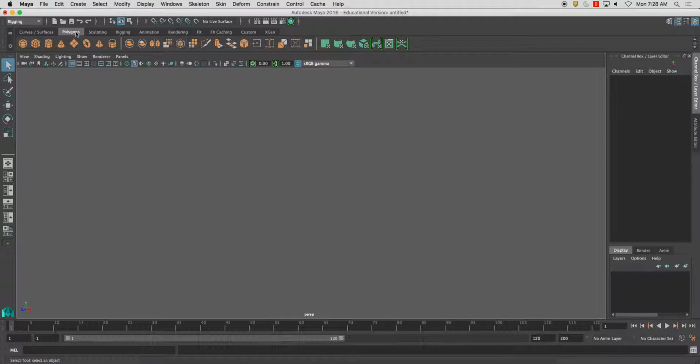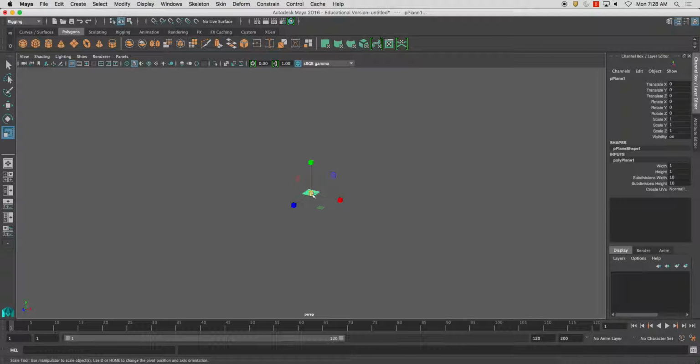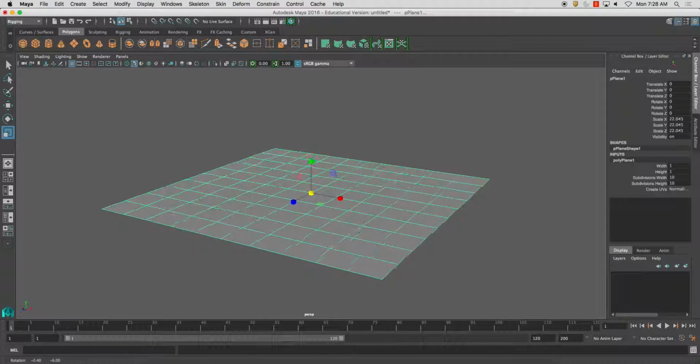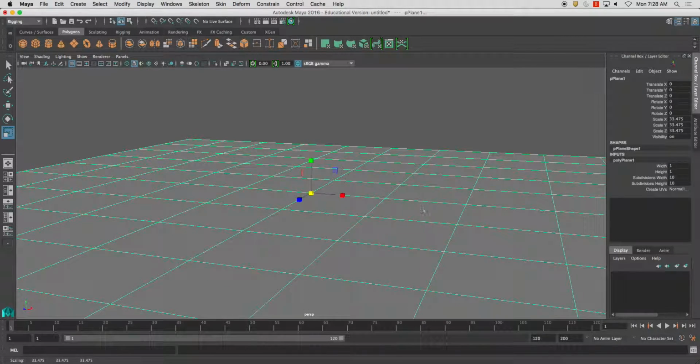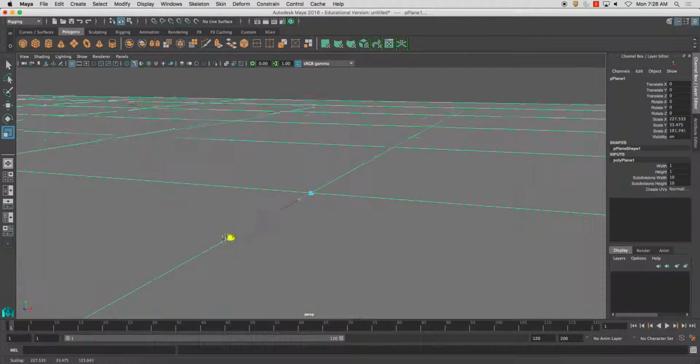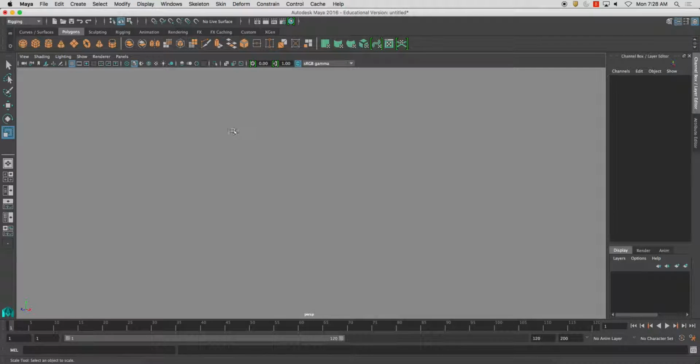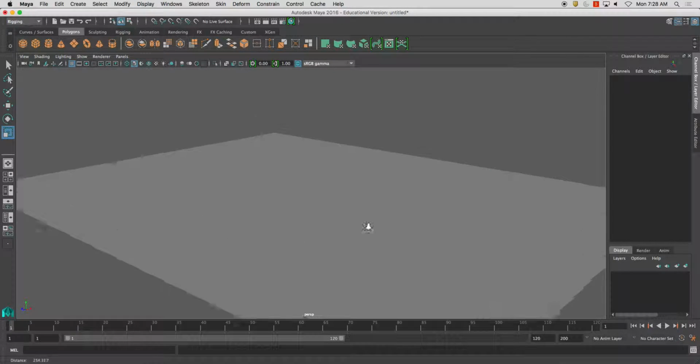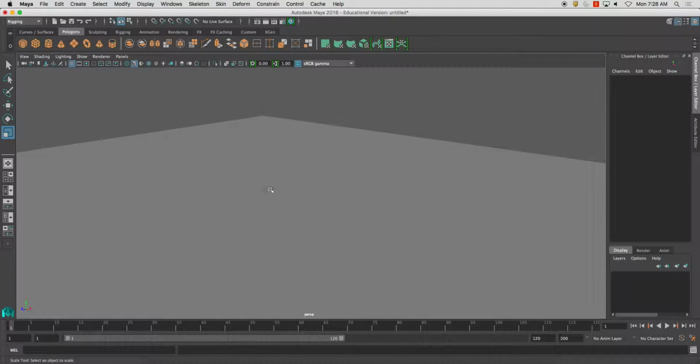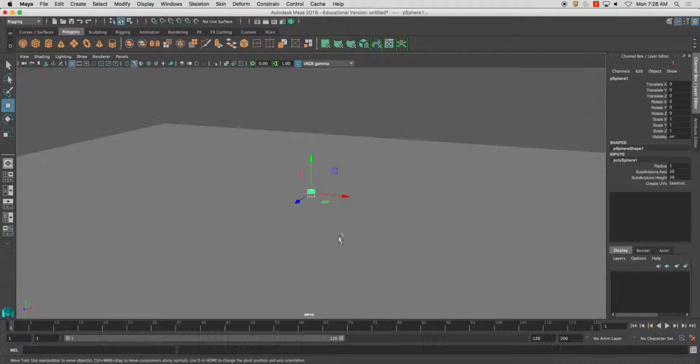What I've got here is I'm going to do a little demo on lighting in Maya, and it's really just the basics. We're going to cover a 3-point lighting scheme. I'm going to start by creating a poly plane, which will be my ground plane, and there we go. Next I'm going to create one object, and this object